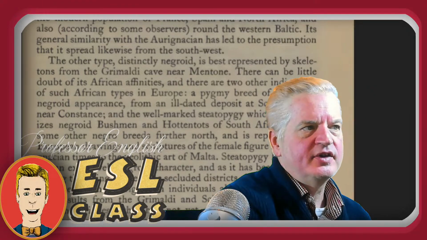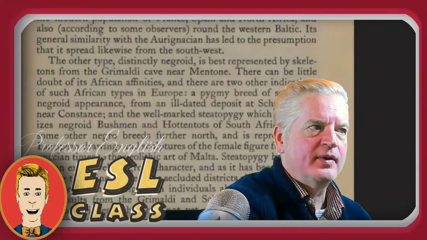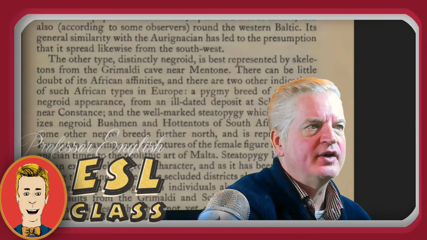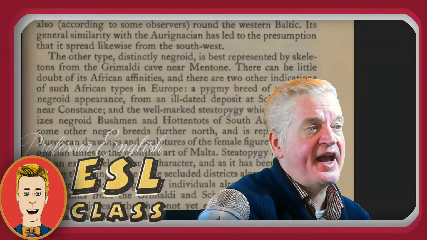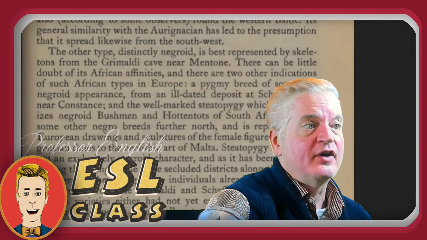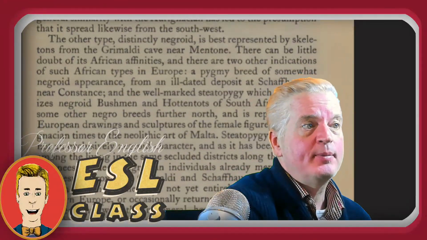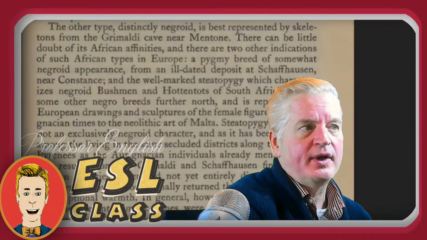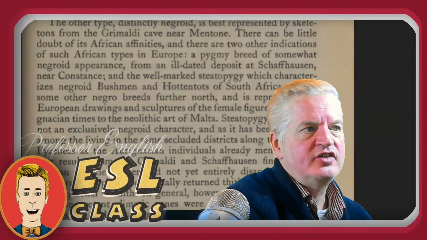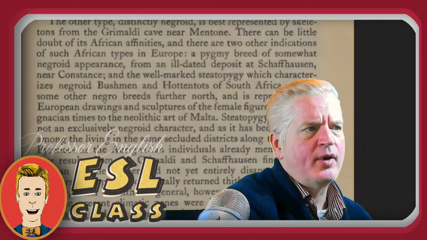The other type, distinctly Negroid, is best represented by the skeletons from the Grimaldi cave near Mentone. There can be little doubt of its African affinities, and there are two other indications of such African types in Europe: a pygmy breed of somewhat Negroid appearance from an ill-dated deposit at Schaffhausen near Constance, and a well-marked